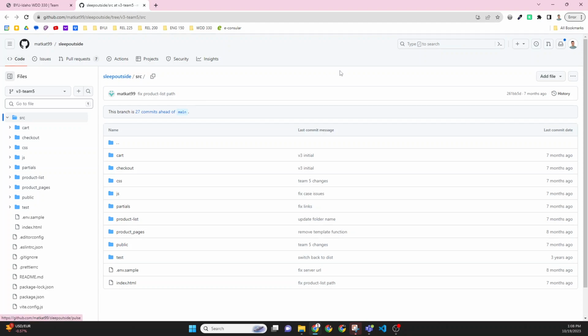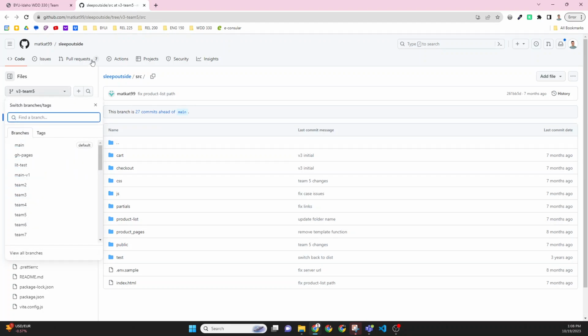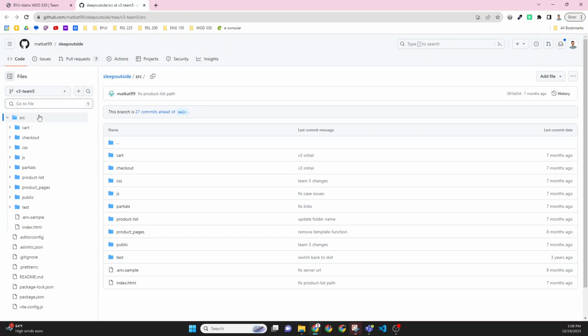Okay, so one of the things to notice is the branch that it's in. We're in the Sleep Outside repository from matcat99, right? You'll notice it has a bunch of branches in here. So the solution for this week is right here, v3-team5. Okay, so what you're going to want to do is come back to the main